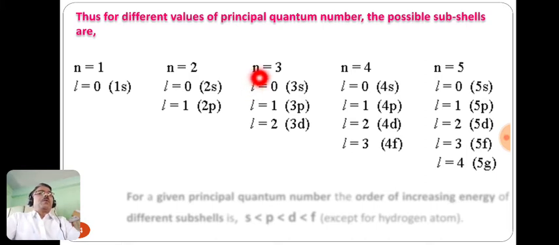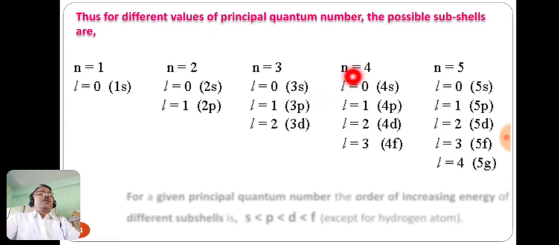When the principal quantum number n equals 3, it has three possible values, that is l equals 0, l equals 1 and l equals 2, meaning its values lie from 0 to n minus 1. So l equals 0 means s subshell or s orbital, and as it is from the third energy level, n equal to 3, this is the 3s subshell. When l equals 1, it is the p orbital or p subshell, and as it is from the third energy level, it is the 3p subshell. When l equals 2, it is 3d.